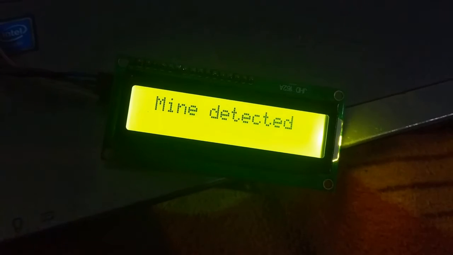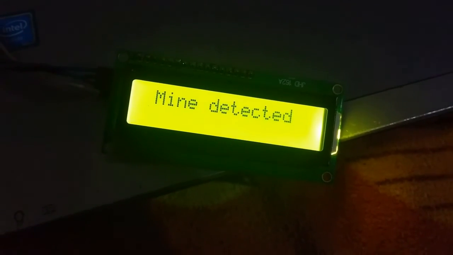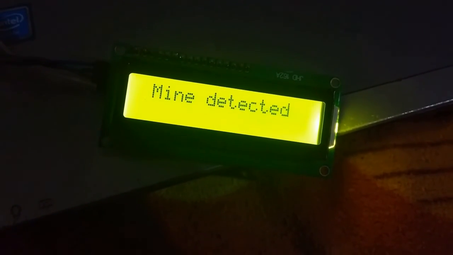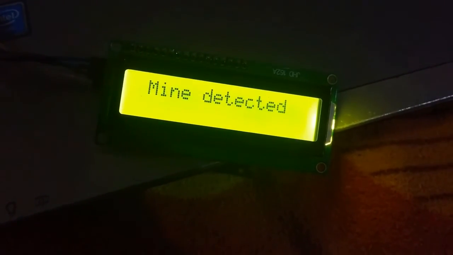Okay, now I have uploaded it to the controller. We can see the output, Mind Detector, in the upper position.